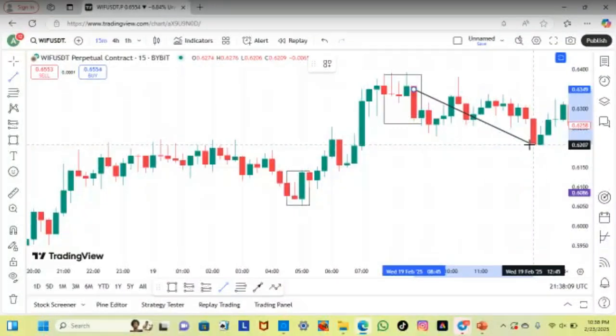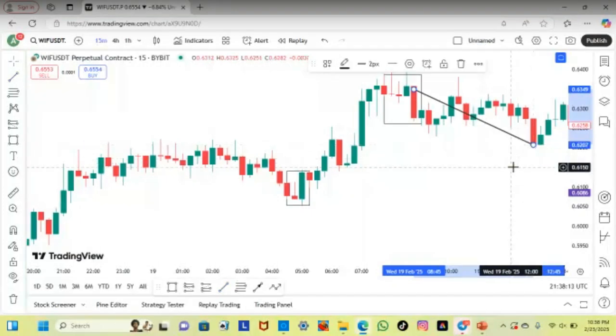So this is it. This is all you need to know about candlesticks, the most important candlestick patterns that appear regularly on the market. One other thing I want you to note is that sometimes these candlesticks will appear on the market. Always wait for another confirmation before you enter the trade.